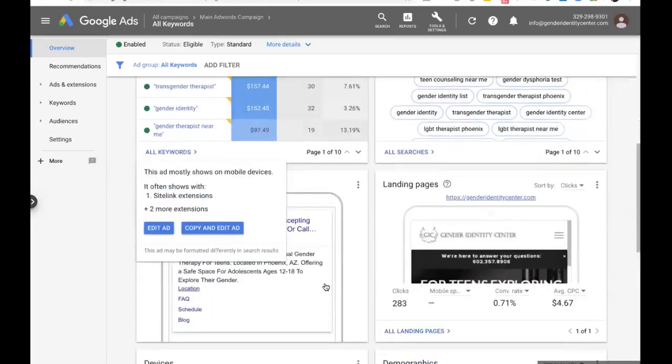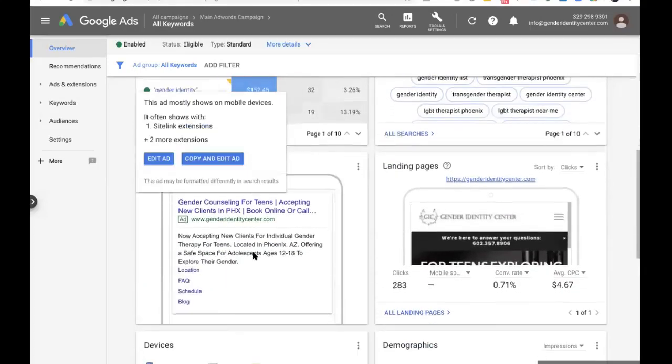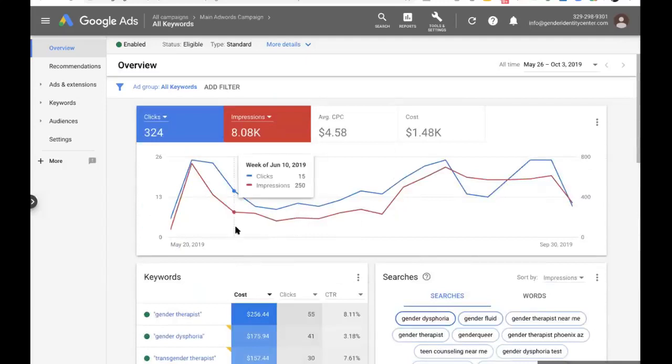You can even see the exact ad, how it shows up on Google. If you try to search that, you likely won't see the ad because we're only targeting here in Phoenix, here in Arizona, right? So this isn't something that can be done globally. We don't do chat therapy or anything like that, or rather, she doesn't.